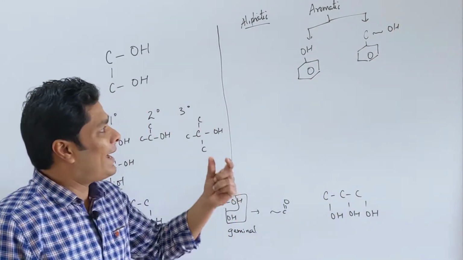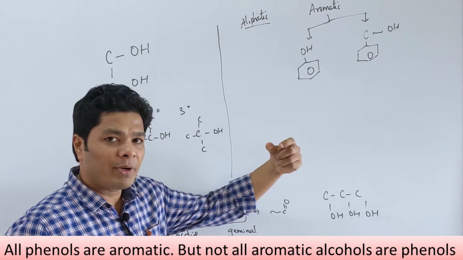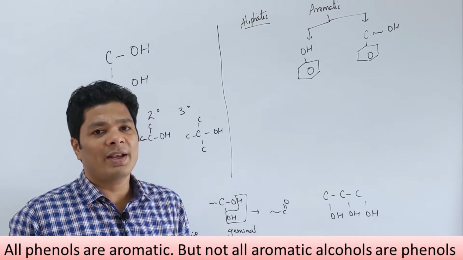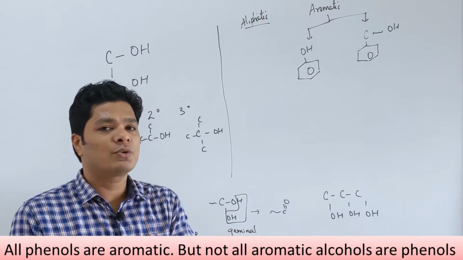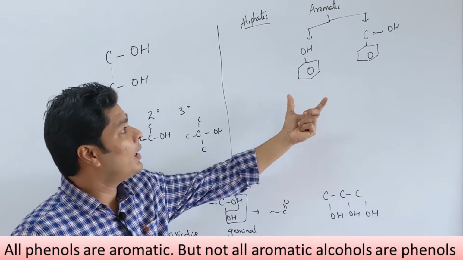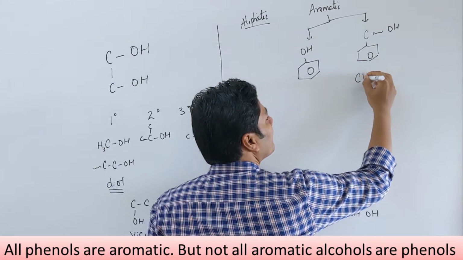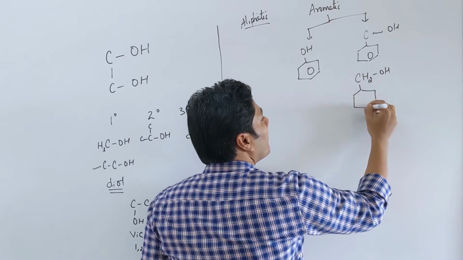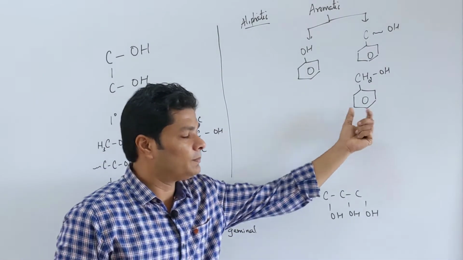The other type is where you have an alcohol that is attached to a carbon, but that carbon is not part of the aromatic ring. So, somewhere in the molecule there is an aromatic ring, so you already call it an aromatic compound, and there is an OH, so you call it an alcohol. So, it is an aromatic alcohol. The simplest example of that would be benzyl alcohol. It is an important example.